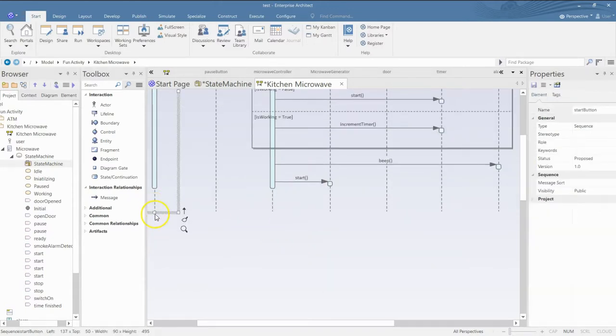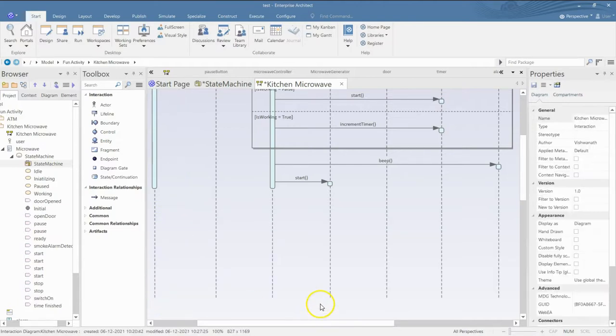At some point, either the timer will run out or the user himself will stop the whole thing. Okay, how do I show that?